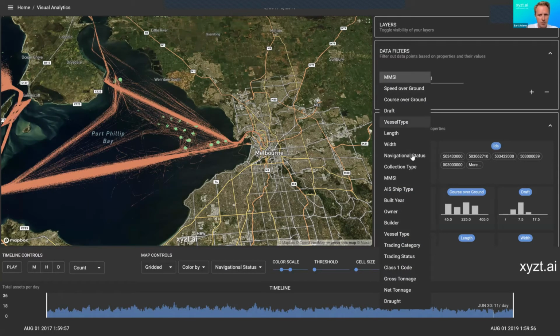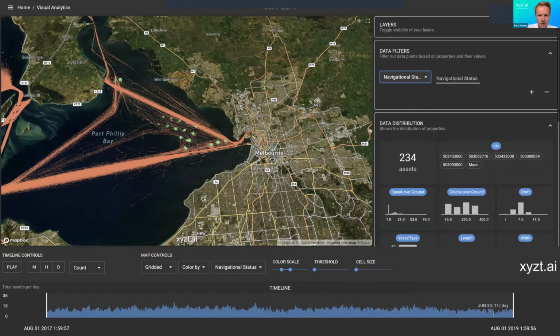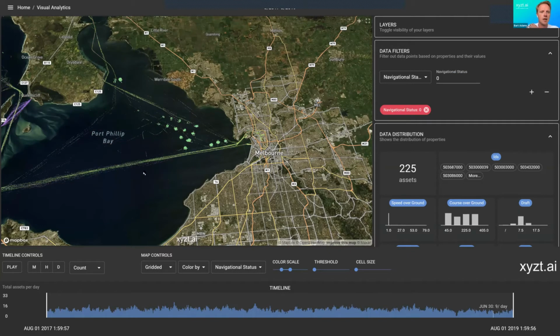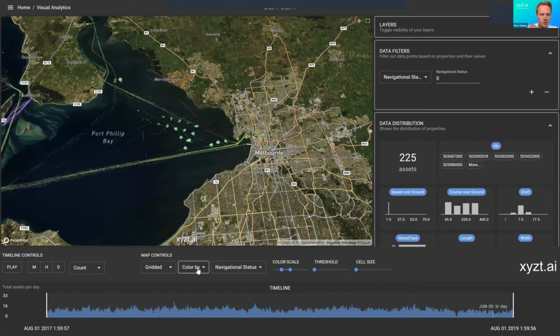So for example, if I now want to take out all vessels that are underway using engine, I apply a filter, and then my map will update, leaving out those vessels, and I can focus on what I want to focus on. Let me move back to the heat map